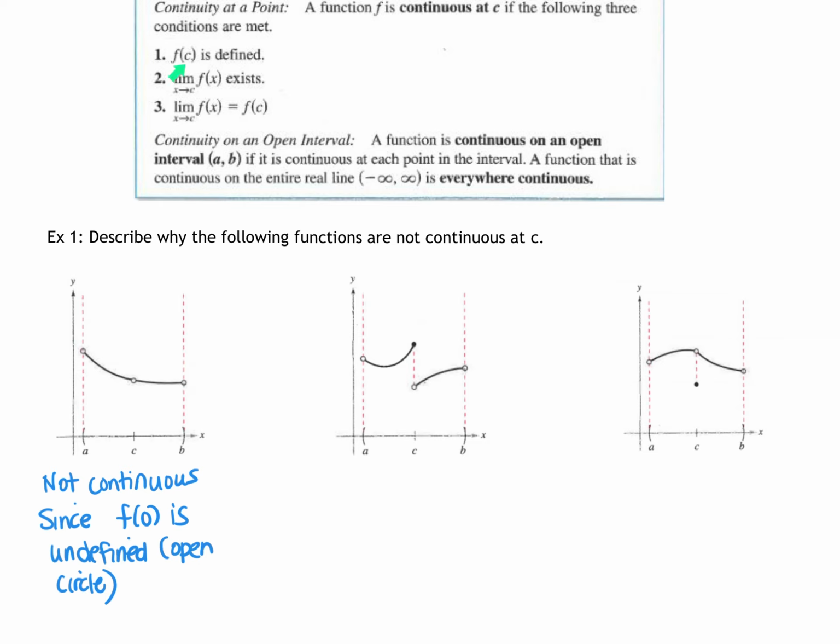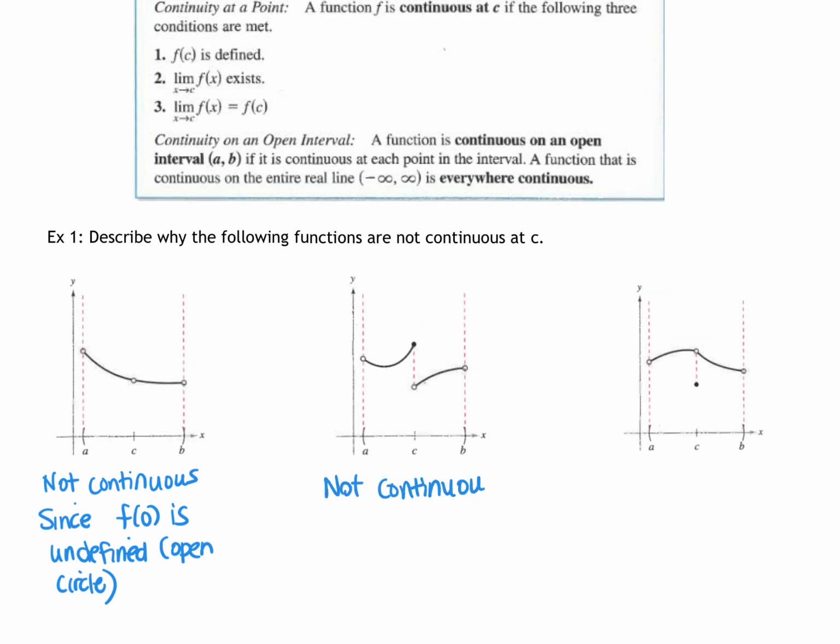So we do have that first condition met. Next up, we're going to ask ourselves, does the limit as x approaches c exist? In this case, if I look at the left side limit, I would have a different guess for my output than if I looked at the right side limit. My left and right side limits are not the same, which means my overall limit does not exist. So I would say that this is not continuous